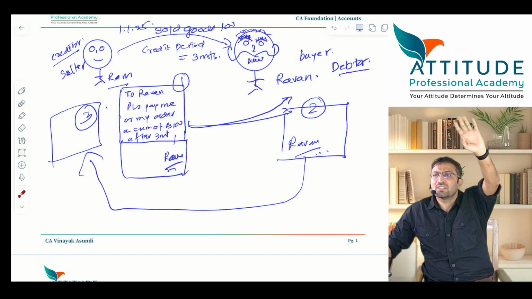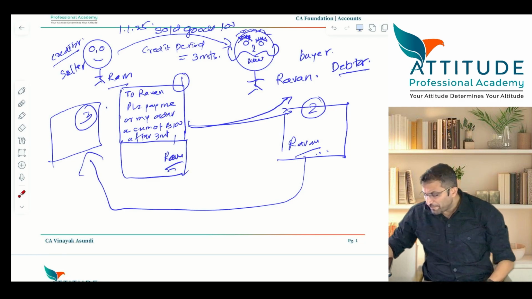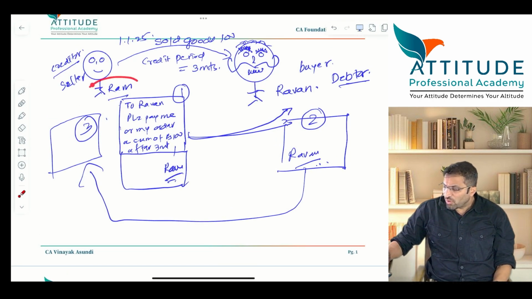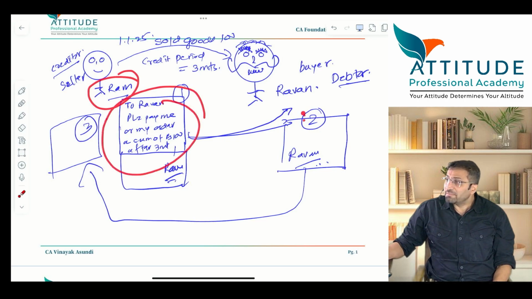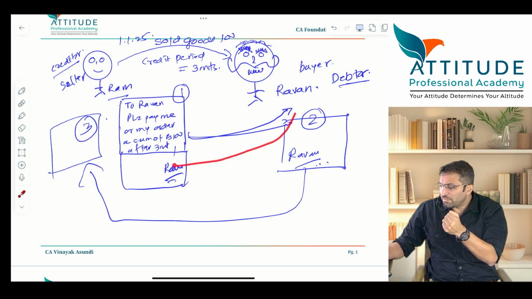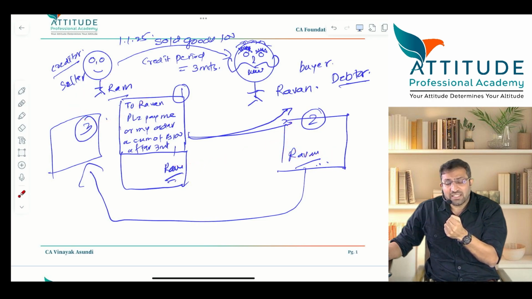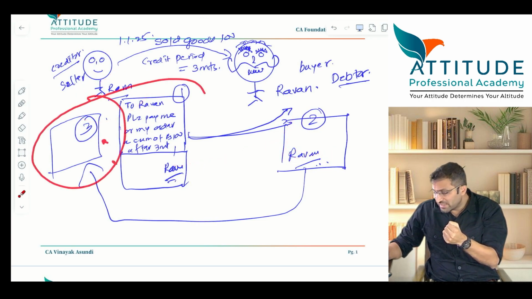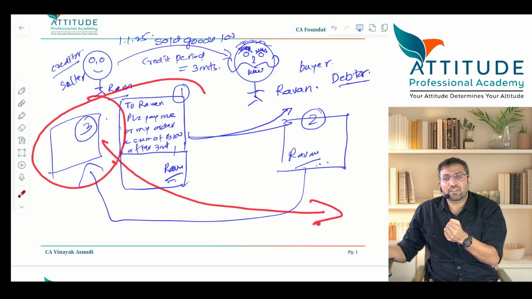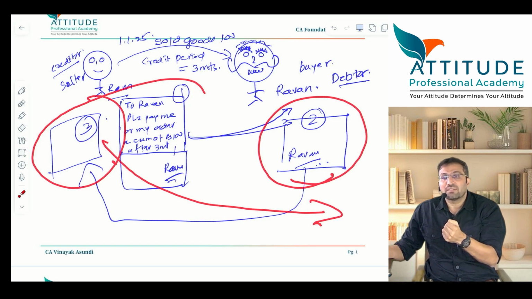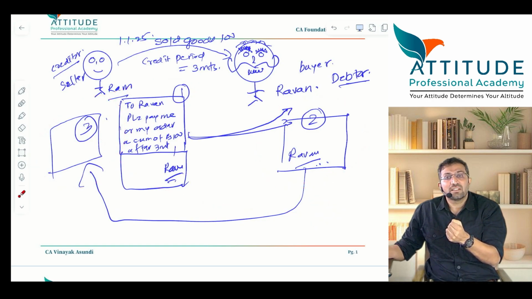Is that clear? All of you understood? So tell me, what is the main reason for Ram drawing the bill on Ravan? To have that kind of security. That if Ram has signed it, Ravan has signed it. Is that clear? For Ram it is a kind of security. If Ravan doesn't pay the money, this becomes a legal document. This legal document, Ram can take it to the court of law. And he can sue whom? Ravan. Is that clear?